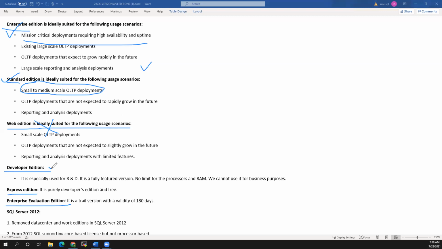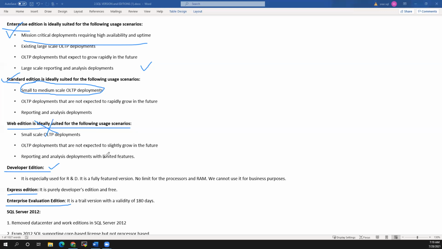Developer edition is mainly useful for development, meaning lower environments: development, test, QA environments. People will use this developer edition. Actually, this developer edition is a free version. There's no cost for this because we are not using it for a business purpose.